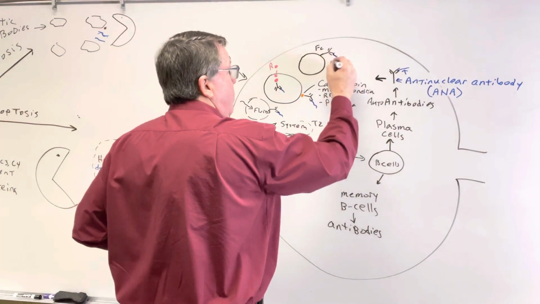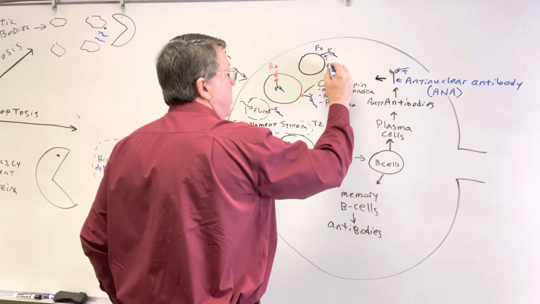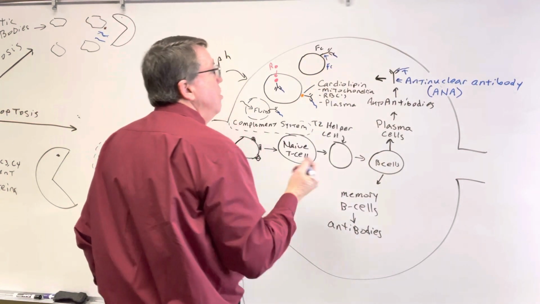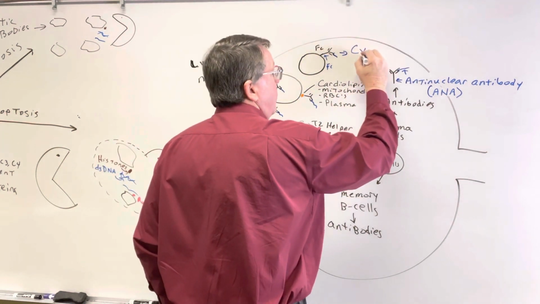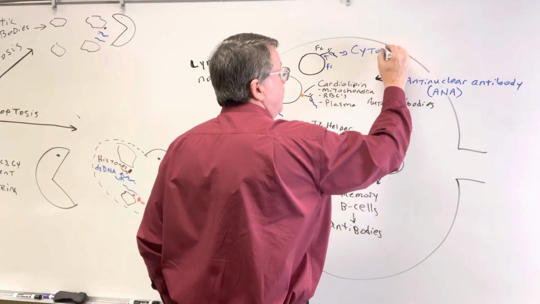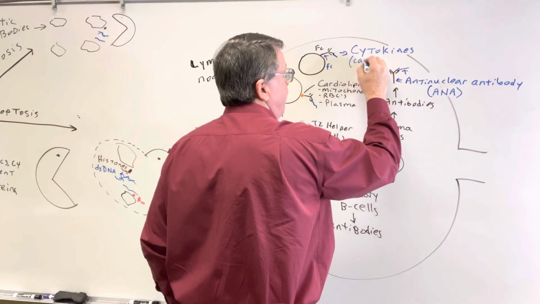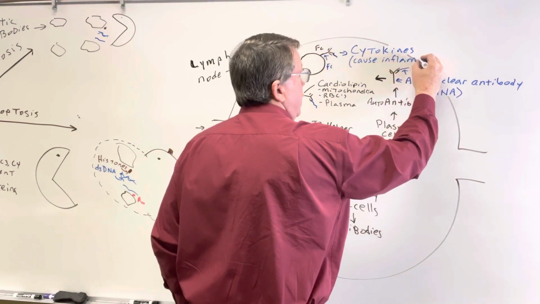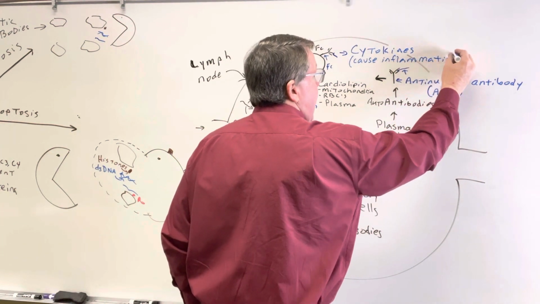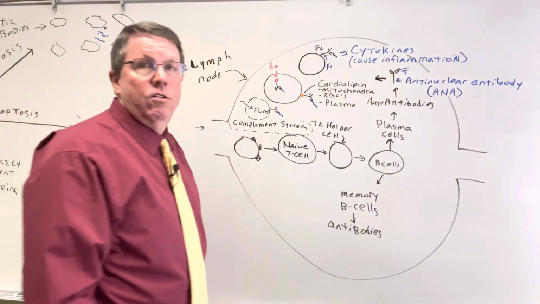And again, when it does this, let's say this is my Fc receptor right there, okay? So when it does, all of these can release something called cytokines. Now eventually, and remember, these cause inflammation, right? Cytokines cause inflammation. So eventually what's going to happen is when we have these cytokines, they're going to go